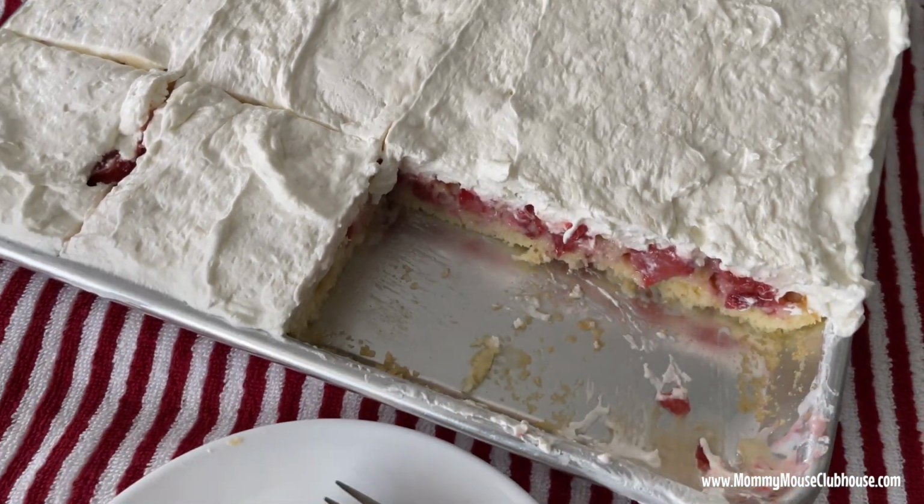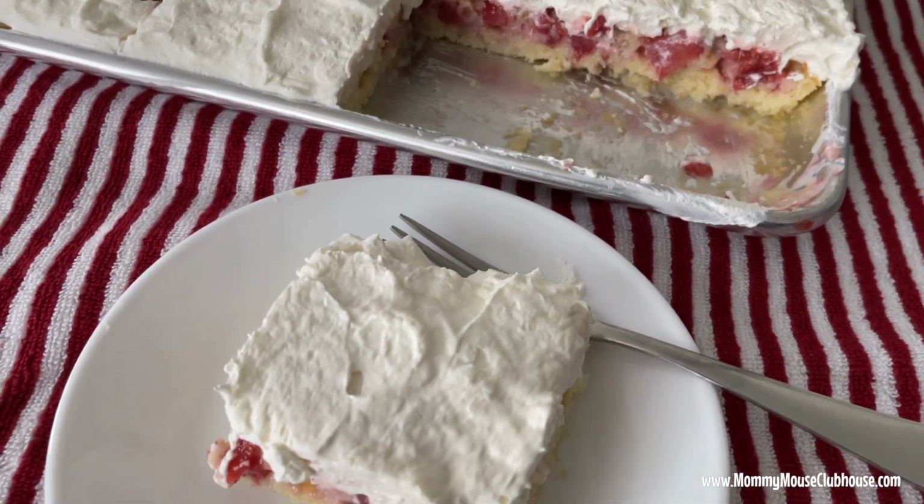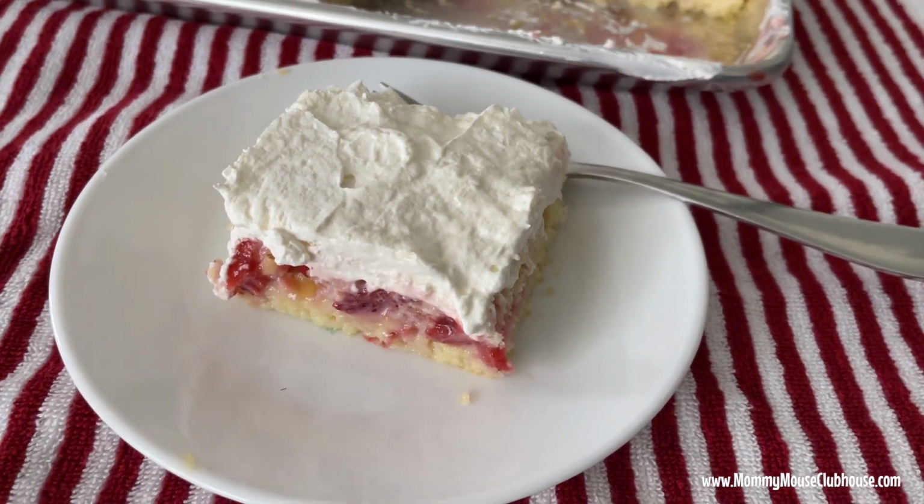Everyone, it's Mindy from MommyMouseClubhouse.com, and in this video we're making this easy, crowd-pleasing strawberry sheet cake that's perfect for